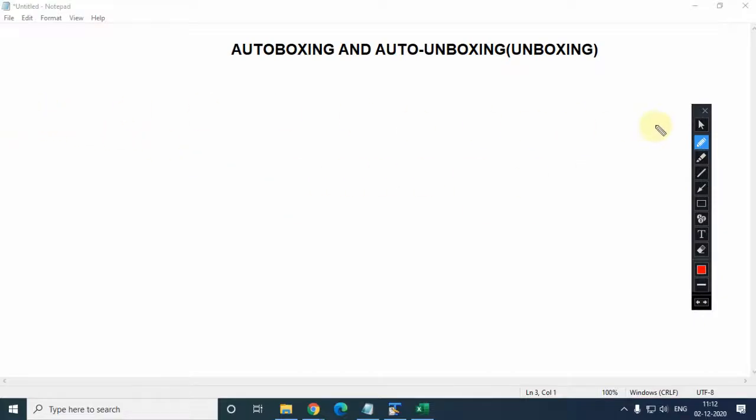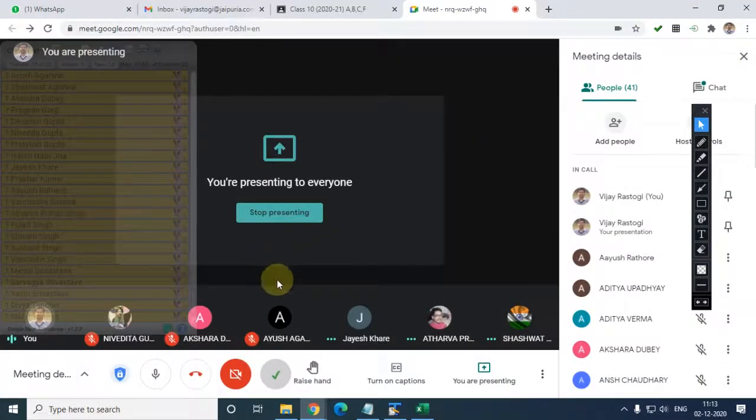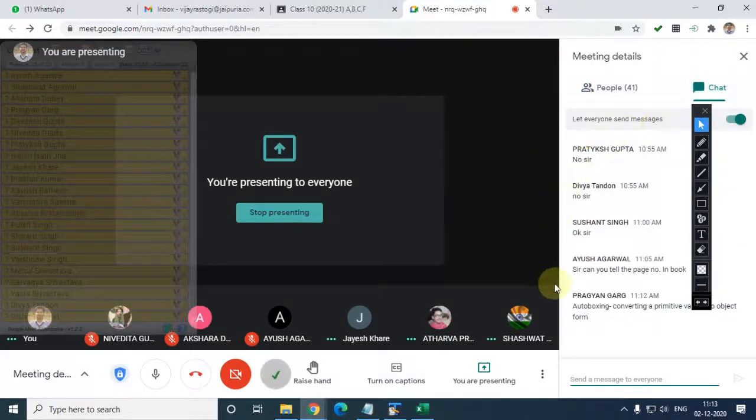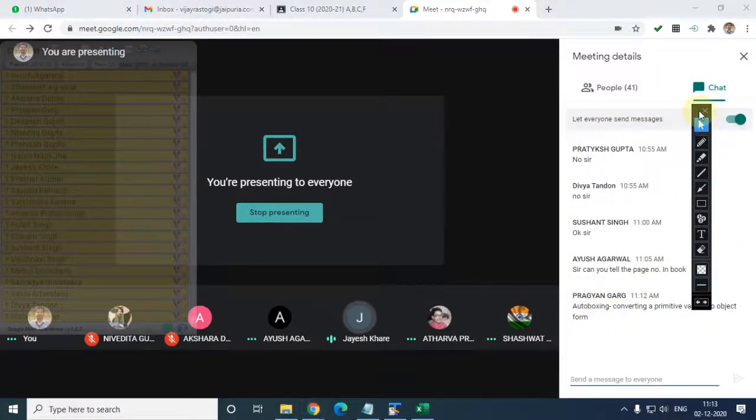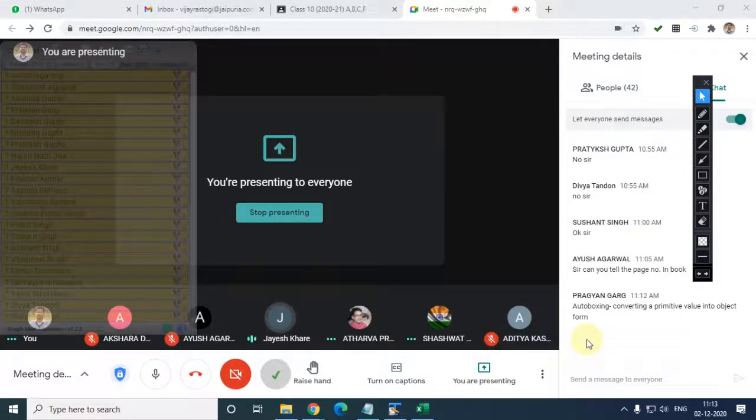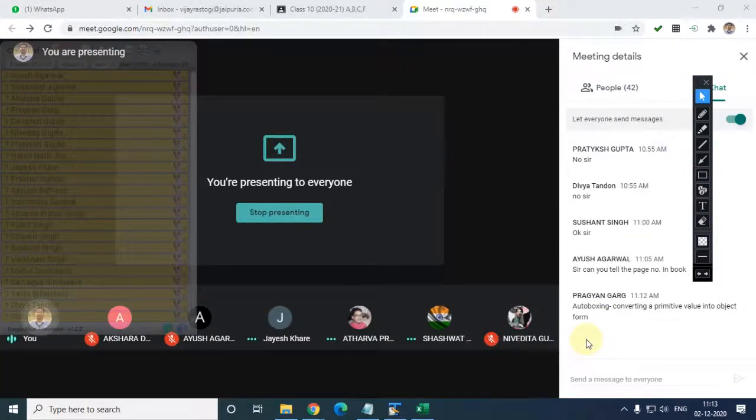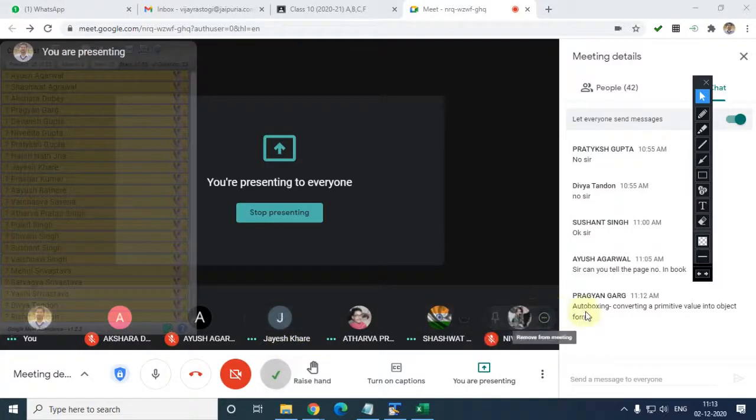Okay, now see, we have already done the implicit conversion and the explicit type conversion. Who will tell about the implicit and the explicit? Before this, we need to discuss that also. Sir, implicit means converting a smaller data type into a larger data type. Explicit is the other way around. Very good, Pragyan, and very good, Jayesh also.